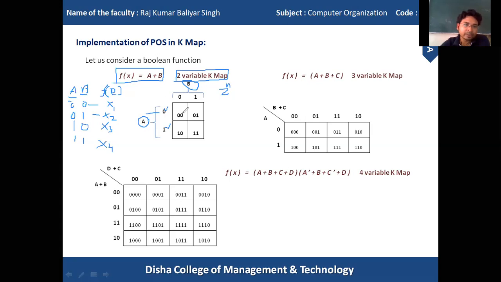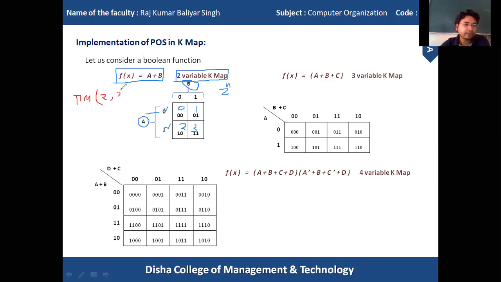If we represent the binary cell numbers in decimal values, we get 0 here, 0 1 represents 1, 1 0 represents 2, and 1 1 represents 3. This POS is also represented with pi of capital M, written like 2 3.